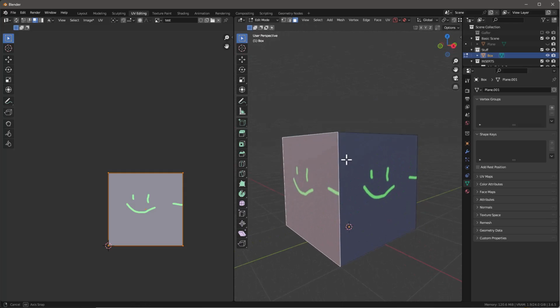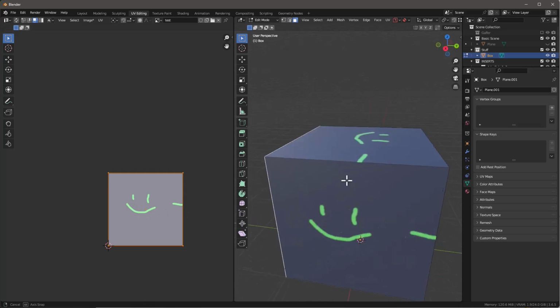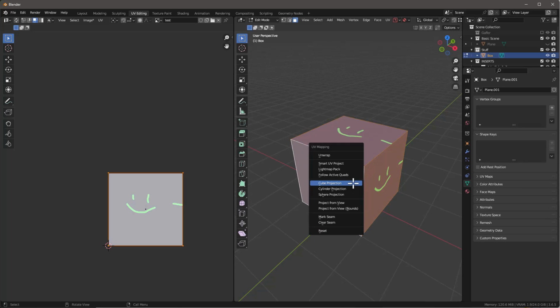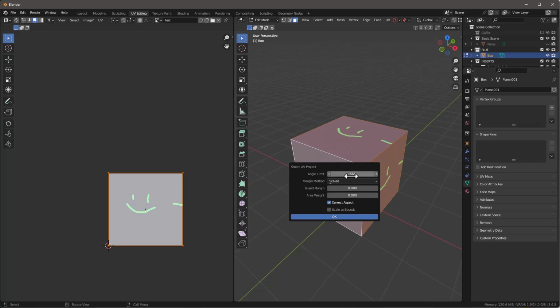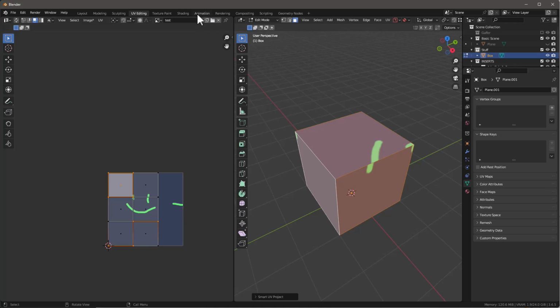Now let's talk about some of these modes. So this means that whatever we put on one, we're going to see it on all the others. And maybe that's not the case. Maybe we want to have something different on each one of these. So how do we do that? One quick way is we say U and we say Smart UV Project, and we'll just leave the defaults alone. And now we have 6 faces, right? So let's go back into our